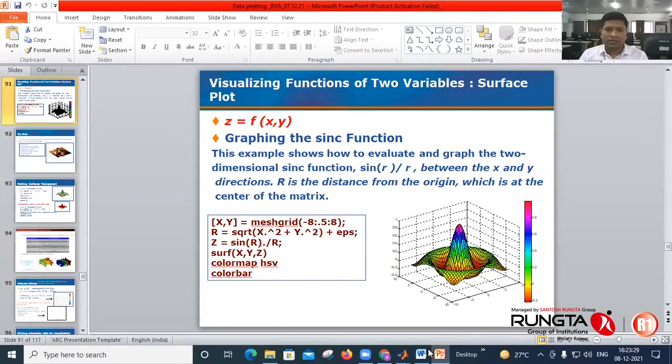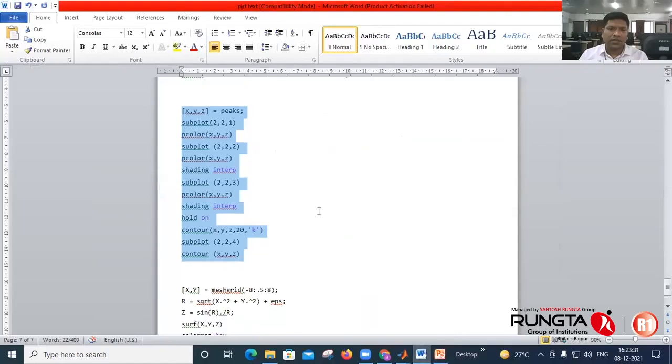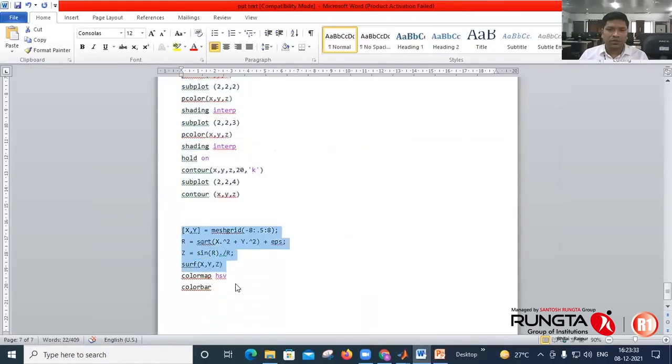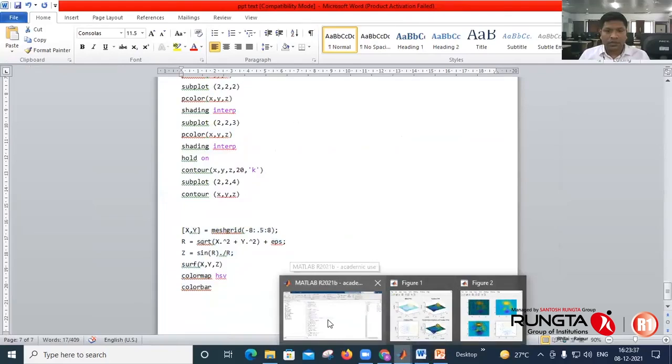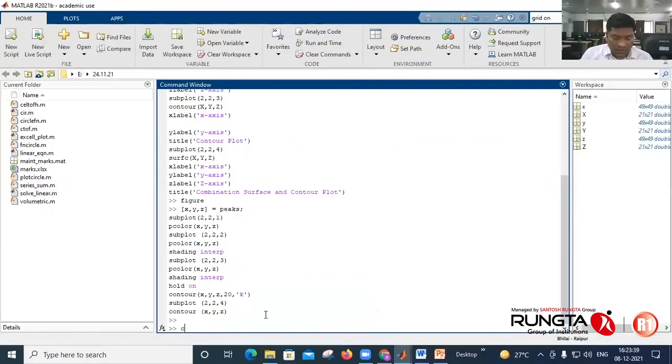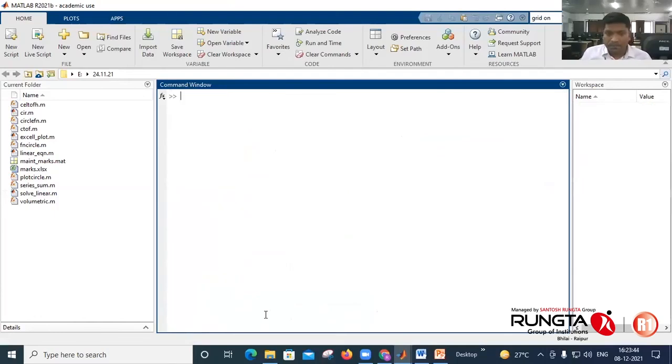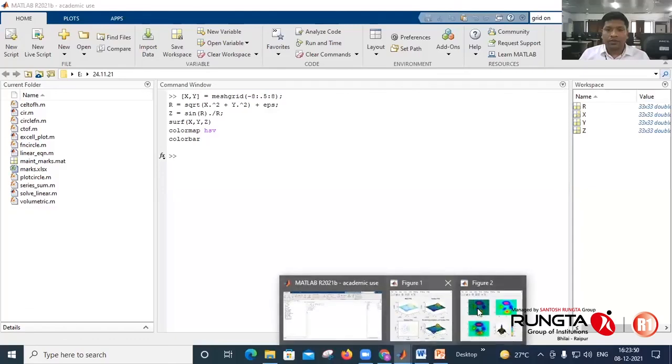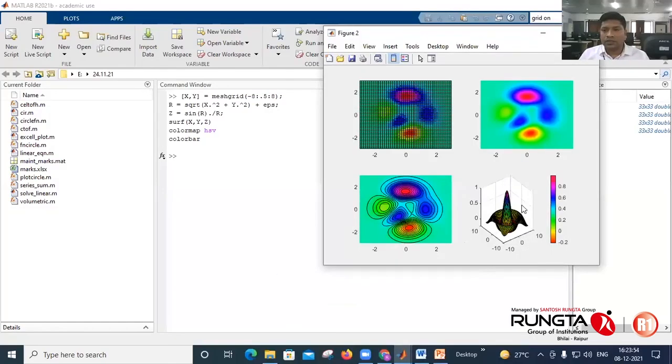Again for color bar, one example I am having. Clearing it. Okay, so like this, color bar is added.